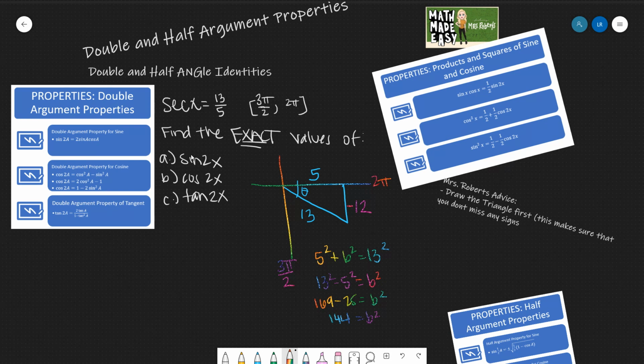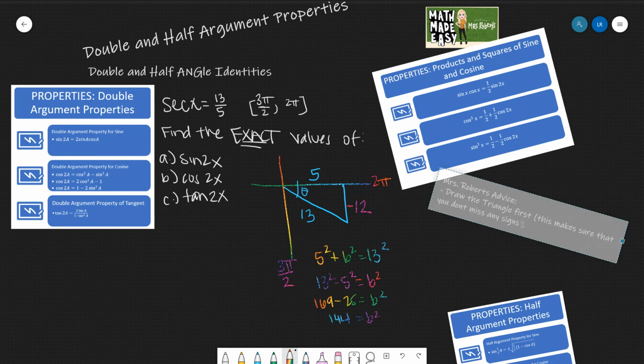Now, we're trying to figure out what is sine of double this angle, what is cosine of double this angle, and what's tangent of double this angle, right? That's what we want to know. You could figure out what this angle is, but let's not do it until the end. I don't want to blow any surprises, but I'll show you guys some really cool tricks on how to cheat the system on finding the right answers here. The next thing is